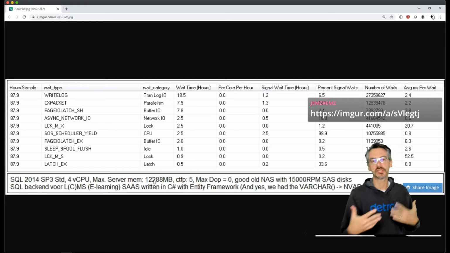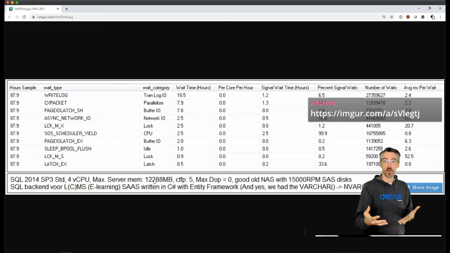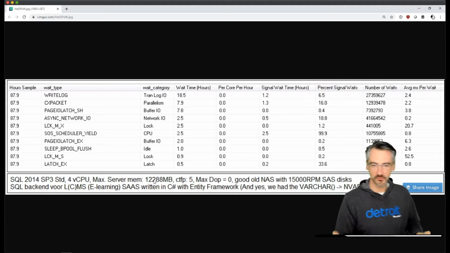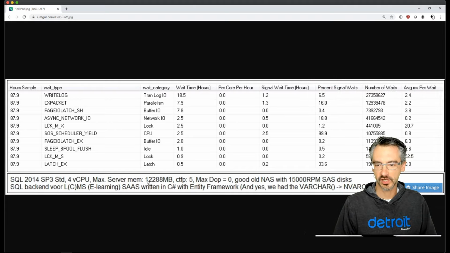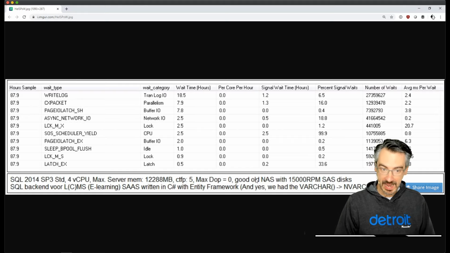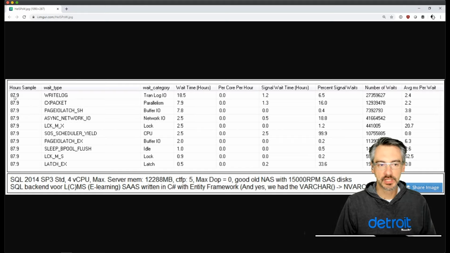I'm so used to seeing memory expressed in terms of gigabytes that I looked at those numbers and I'm like, 12,000, is that 12 terabytes worth of RAM? Woo, we're going to have a party. But it did seem kind of odd that it was 4 cores and 12 terabytes of RAM. On a NAS, oh, okay. So let's see here, the top wait type.